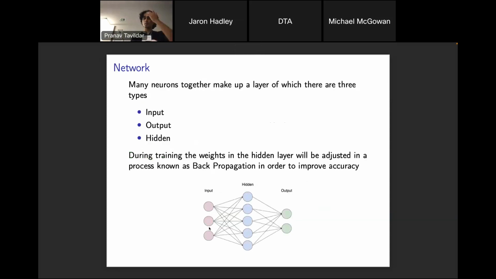And I mentioned earlier, the training: the neural network reflects on its performance, and it does that through a concept known as back propagation. Forward propagation is what I mentioned just now, where you feed the data through, it gets transformed by the hidden layer neurons, and then it gives out an output. But back propagation is when you see the output and compare it to what the actual score is, because you're trying to predict something. But what if that prediction is wrong? If it's wrong, then it will go back and try to improve the accuracy.